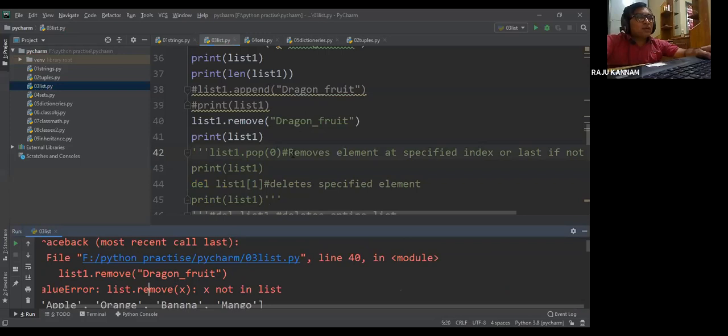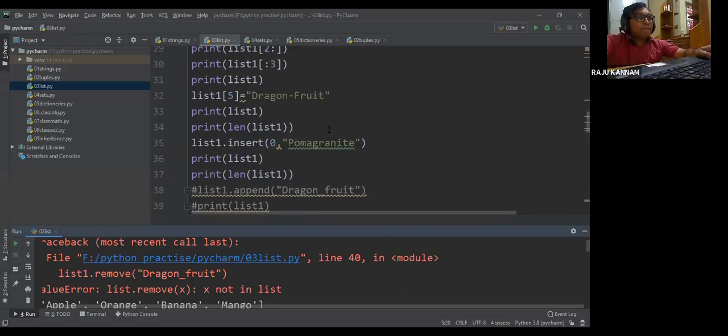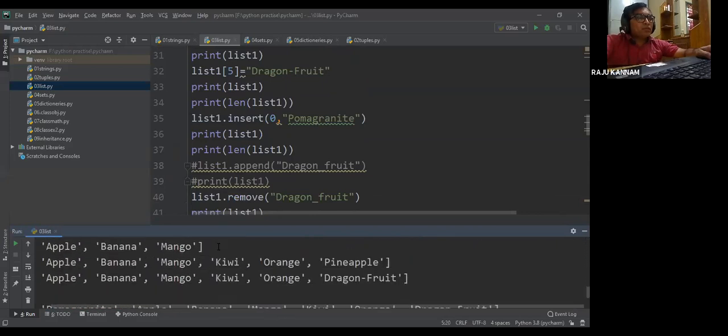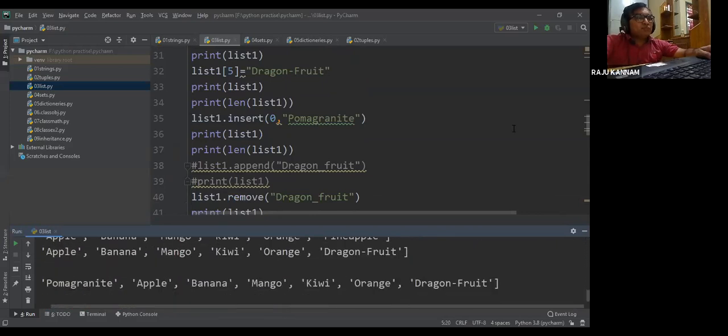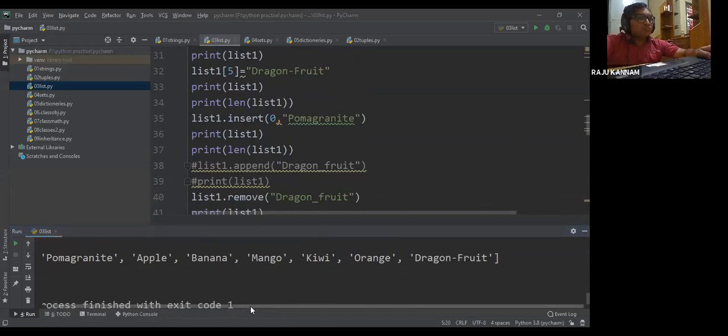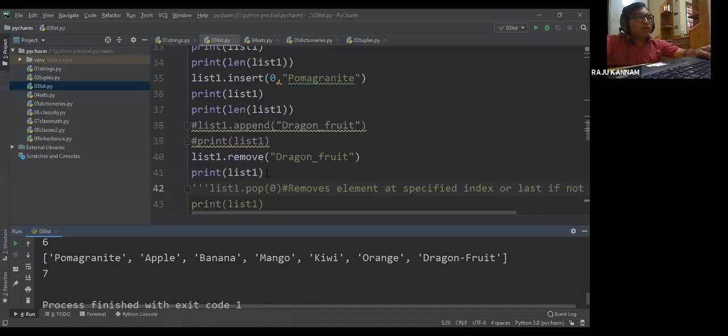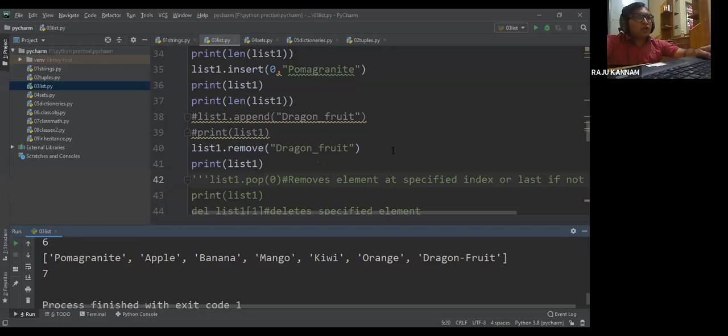List 1 dot remove dragon fruit. Dragon fruit is already there, no? Yes. List 1 dot remove dragon fruit, right? Fine.